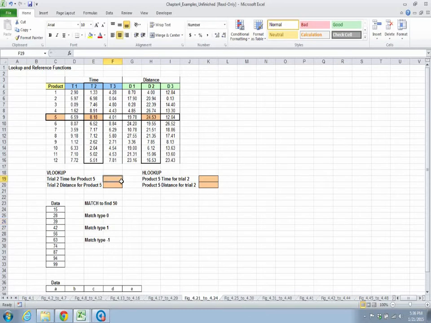HLOOKUP is the opposite of VLOOKUP. It looks for the value horizontally. So let's see for VLOOKUP for trial 2 time for product 5. So we want to find the trial 2 time for product 5, which we can see from the table is 8.18. We can do this by writing equal to VLOOKUP,